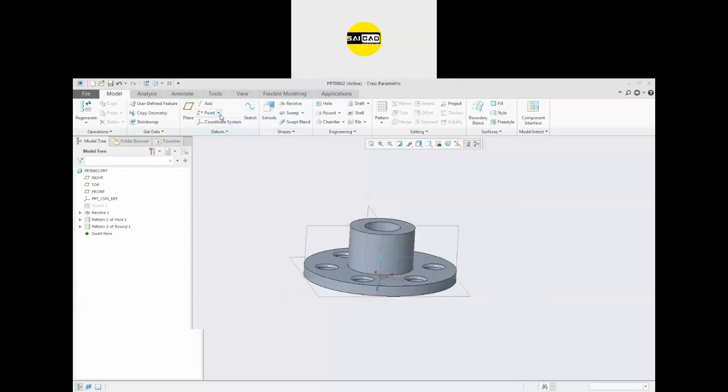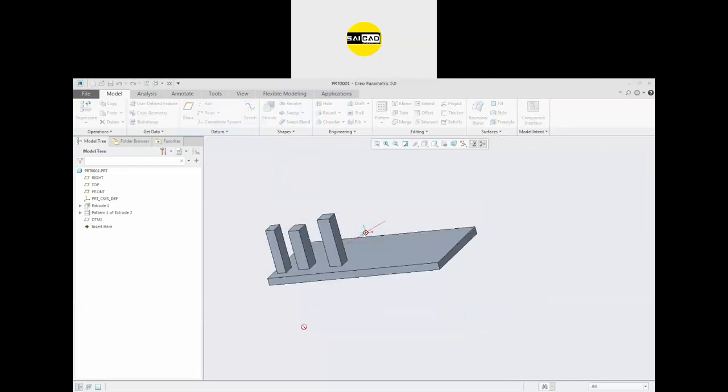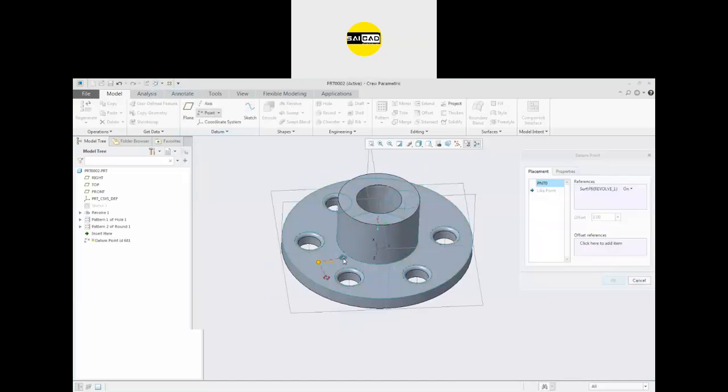The next option is point. If you want to create a point, there are some options. You can just create the point at any face. Just define the location from here, or right click, offset references, select the references like that, and you can create a point at any location.